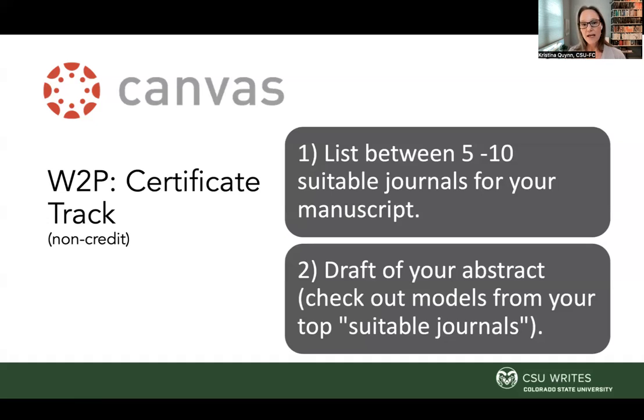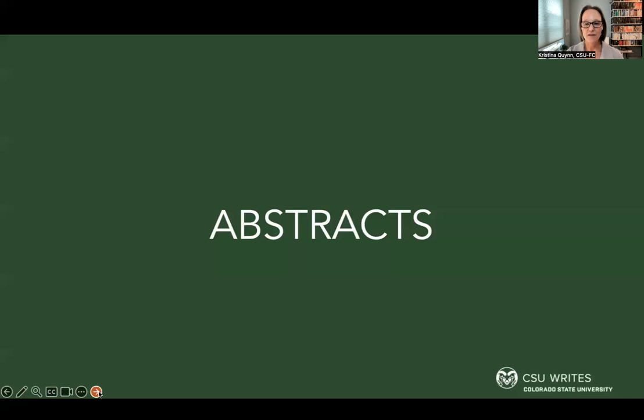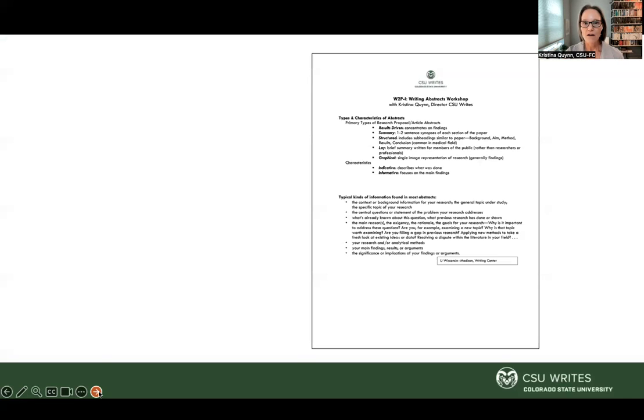Again, if you have enough and you know what it is that you're writing about, you can just play around and see what an abstract might look like. Also check out those suitable journals lists that you have and see what the abstracts look like for that journal. They are not the same across the board. So just see what they are doing. What type of abstract are they putting together? We'll talk more about that now. You can get a sense that there's a range of abstracts and styles and types. So let's talk about that.